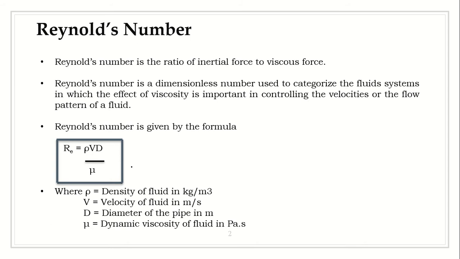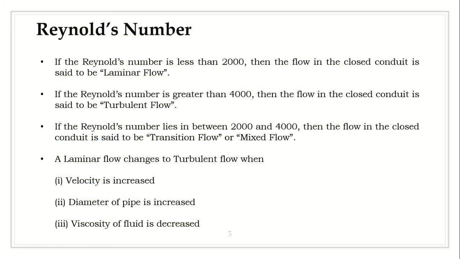So coming to Reynolds number, it is given by the formula rho Vd by mu, where rho is density of the fluid, V is velocity, D is diameter of the pipe. If you're talking about open channels, then this D becomes R, where R stands for hydraulic radius, and mu is dynamic viscosity of the fluid. Based on this Reynolds number, we will be classifying the types of flows, whether it is a closed channel, closed pipe, or closed conduit flow, or an open channel flow. The base of this classification is the Reynolds number value we are getting.